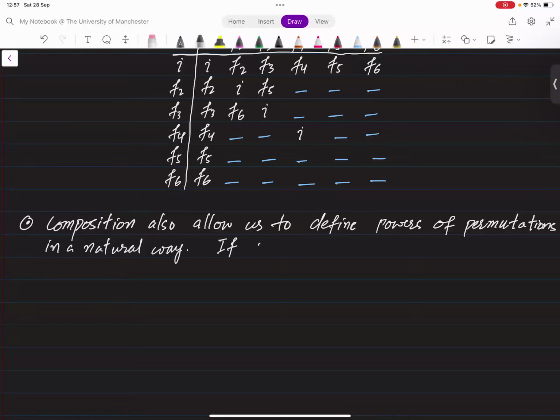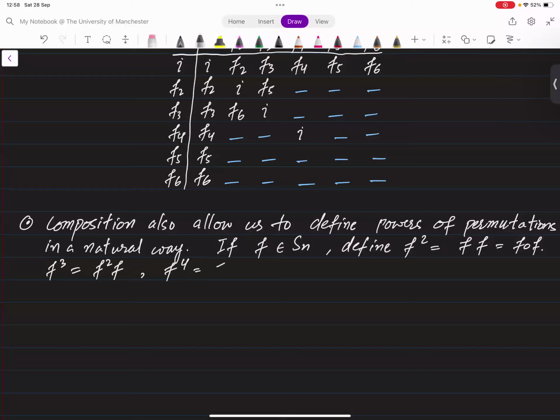So if f is a permutation inside Sn, we define f squared as f into f, which is nothing but f compose f, right? Similarly, f cubed is going to be f squared compose f, and f power 4 is going to be f cubed into f, and so on,